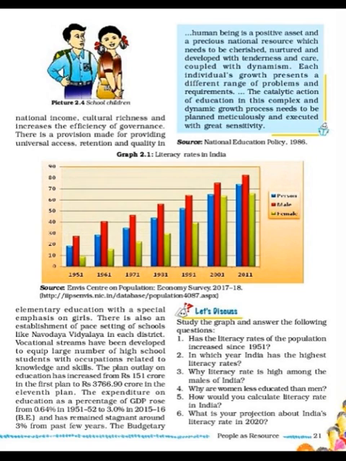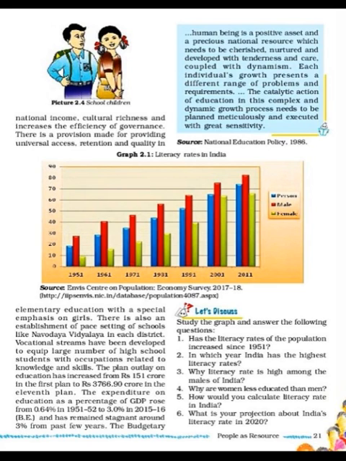Then we have to see the budgetary estimates. What plan outlays, what kind of investment our government is making. So the plan outlay on education in the first plan, the first 5-year plan, years 1951 to 1956, was our first 5-year plan after independence. At that time our plan outlay on education was rupees 151 crores. Now it has increased, if you see in the 10th plan